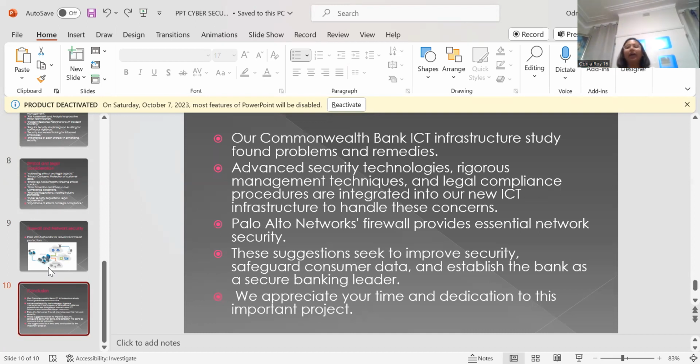Here, our Commonwealth Bank infrastructure study found problems and remedies. Advanced security technologies, rigorous management techniques, and other compliance procedures are integrated into a new ICT infrastructure to handle this concern. Palo Alto Networks can be the solution, whose firewall provides essential network security. This suggestion seeks to improve security, safeguard consumer data, and establish the bank as a secure banking